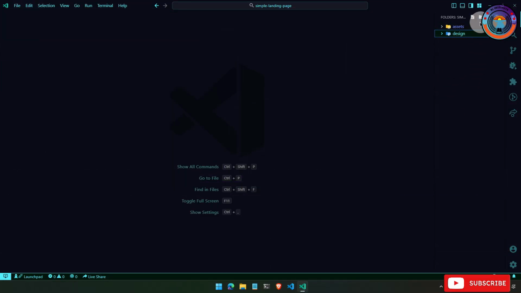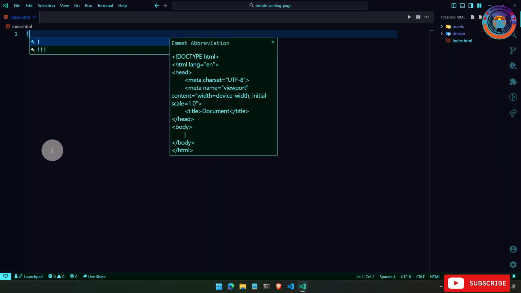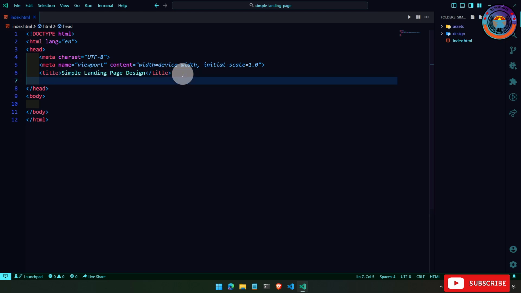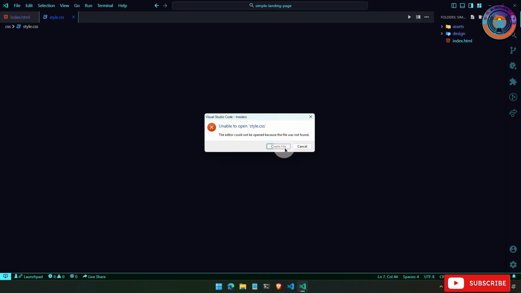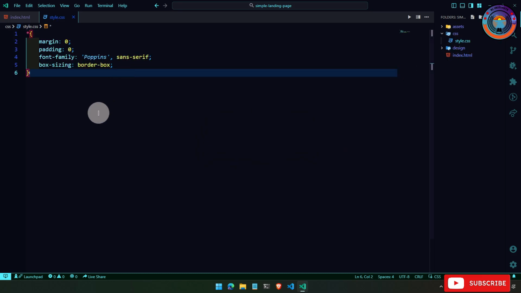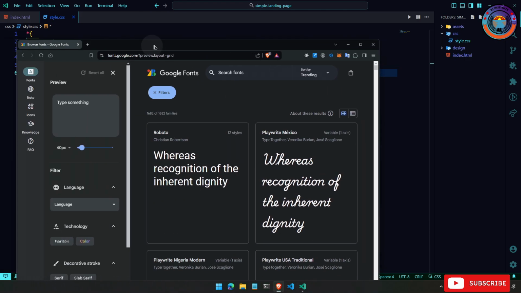Inside VS Code, I am going to add an HTML file, and I'm going to write it here, and I'm going to add the CSS also, like this, and you can just click it to create the CSS file. And you can add this also, and open up your browser and